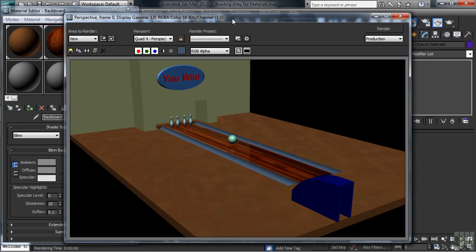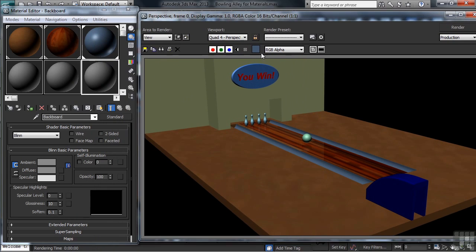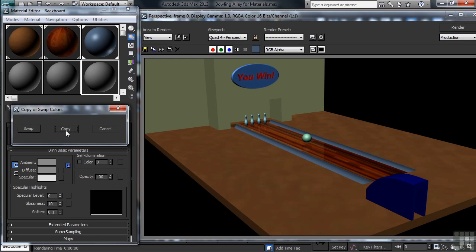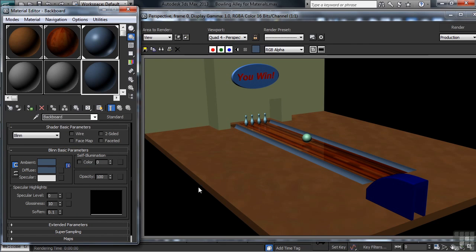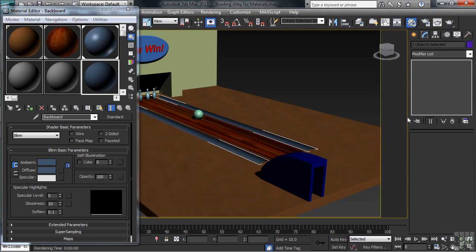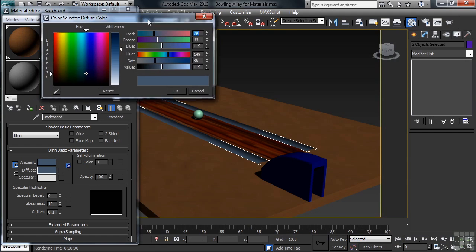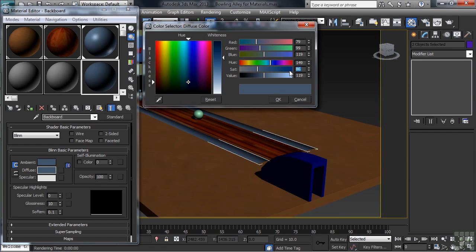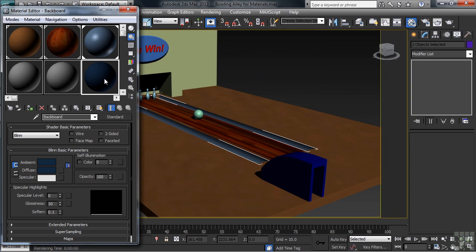The swatch color in our rendered frame window can now be dragged and dropped over to the diffuse color swatch. When I get it on the appropriate slot, I'll let go, then choose Copy. Once we've done that, we can go ahead and close the render. Now, before applying to the scene, I would like to darken that up just a bit. Let's open the diffuse color swatch, changing the saturation to 150 and the value to 75. Once the numbers are in place, we can close the color selector, then drag the material onto the backboard object